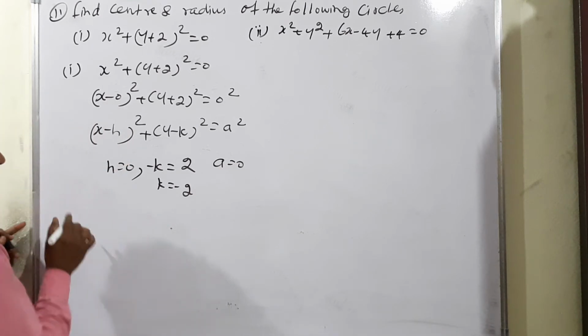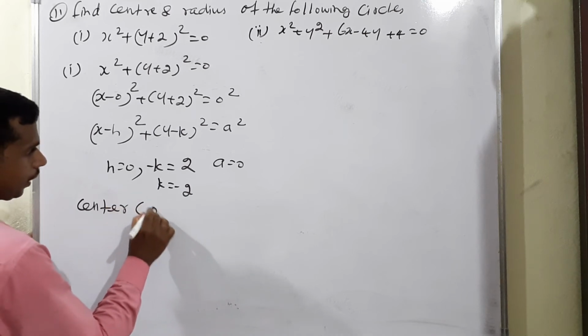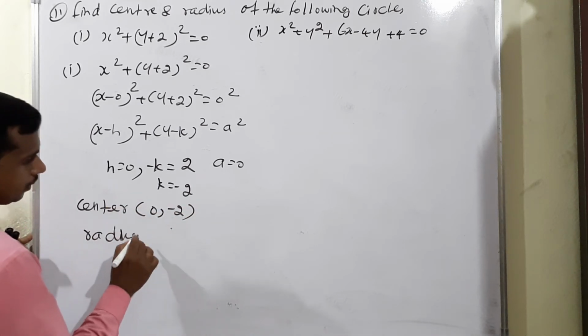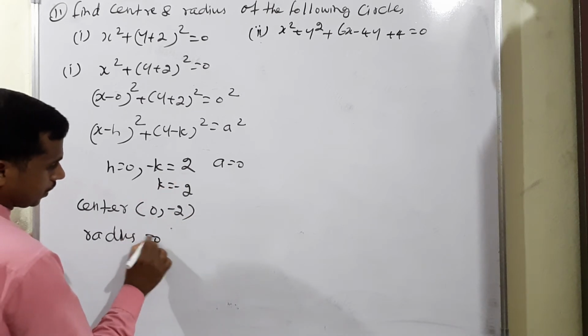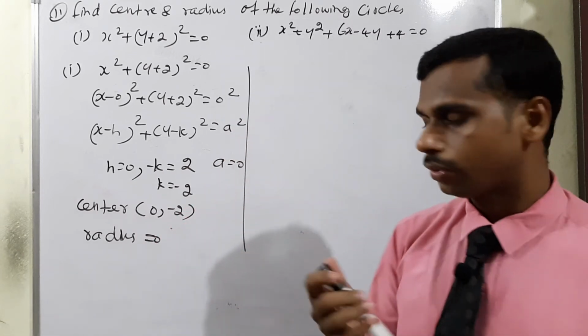Therefore, we can write center is equal to center h comma k means 0 comma minus 2. Then radius a value will be 0. This is subdivision 1. So moving to subdivision 2,